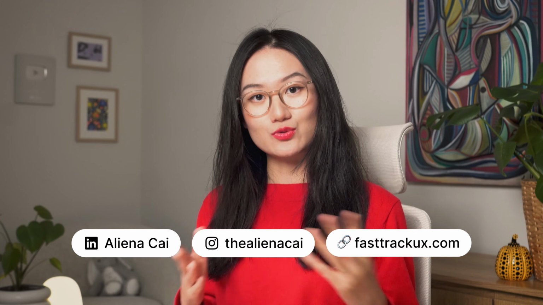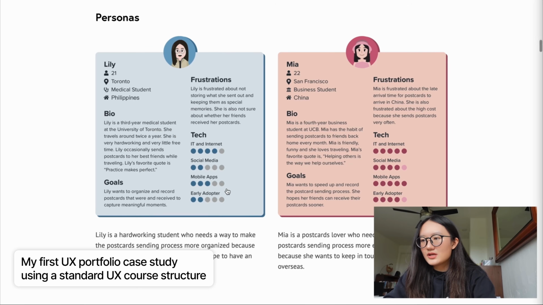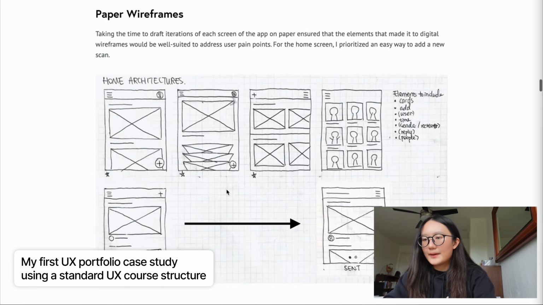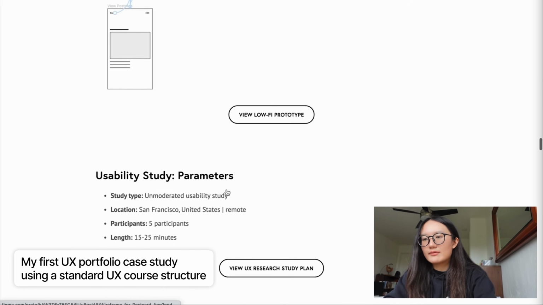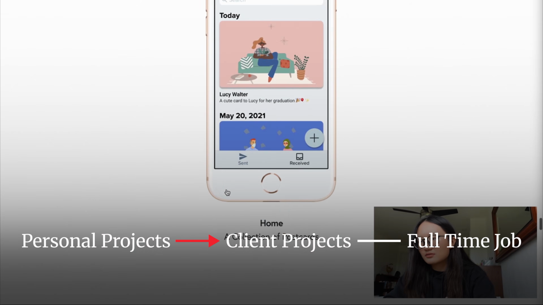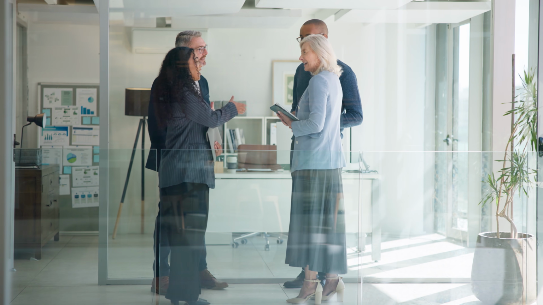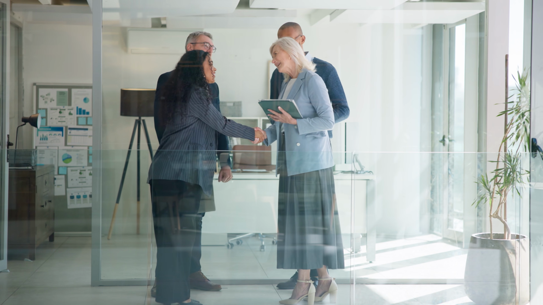If you're using a different tool, the overall process is still the same. Most beginner UX portfolios don't work because they follow outdated templates that aren't designed for the right audience. And when you are starting out, you are likely to freelance on a few client projects before landing a full-time job. And your case study audience is business owners who don't have a UX design background.